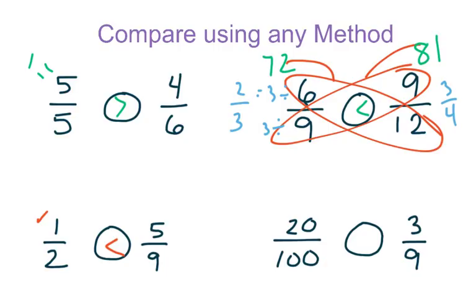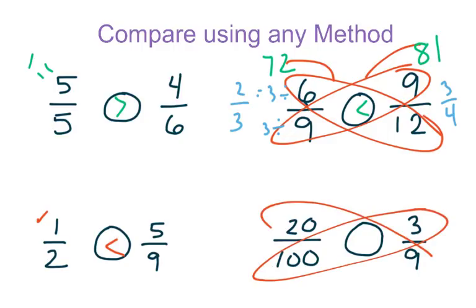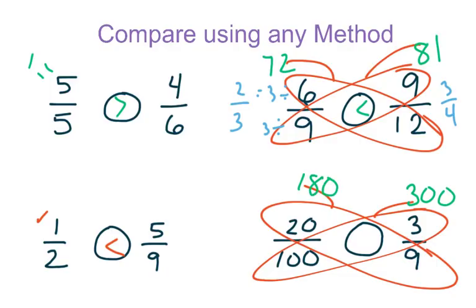And for my last one, this one's a little tricky, so maybe I'm not quite sure how I'm going to solve this. Maybe I simplify before I do butterfly, or maybe I just go ahead and do the butterfly method straight away. I can do either way. If I multiply this side over here, I get 300. And then over here, I get 180. So 300 is definitely greater than 180. And that tells me that